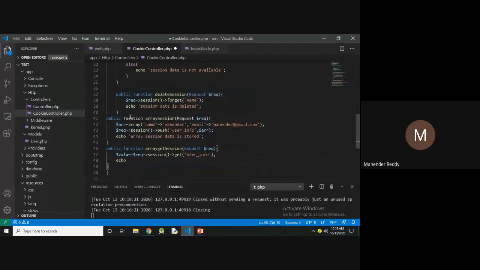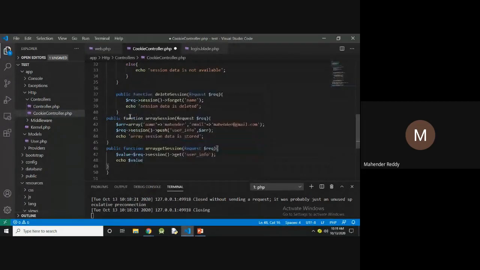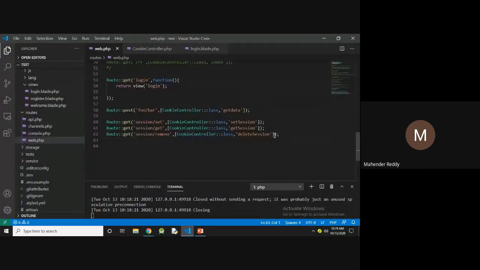So echo $value. Here I'm going to add a route.